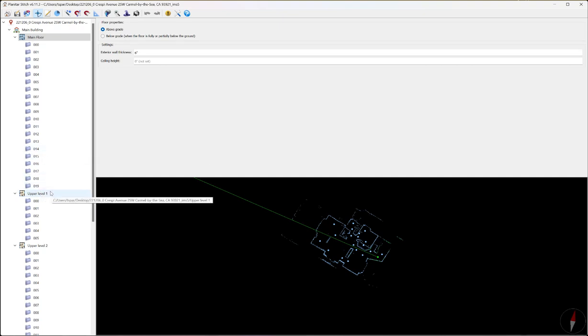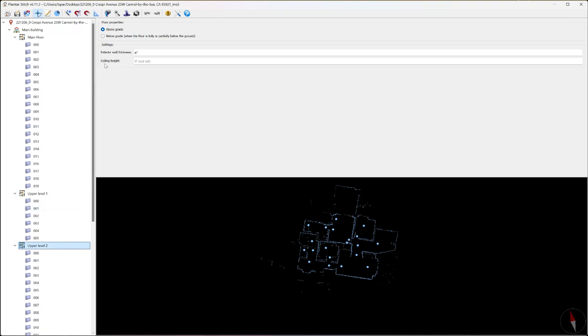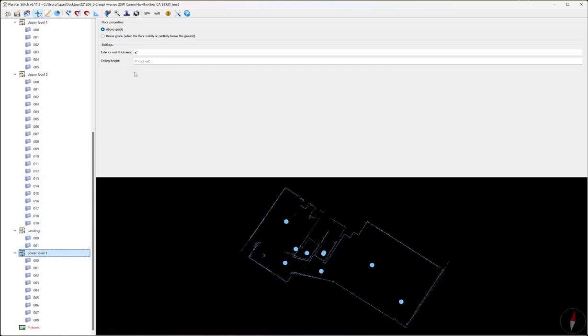I'm going to go to upper level 1, and that's all accurate. Upper level 2 is also accurate. The landing is accurate. Now on lower level 1, there's a garage that exits to the street, and then the back of the house is underground. So we're going to click below grade, and that's when the floor is fully or partially below the ground. Once we have that done,